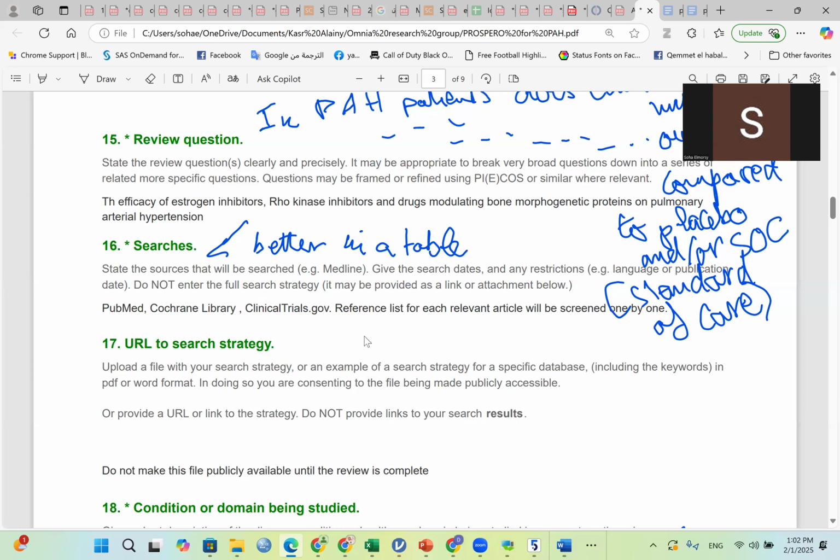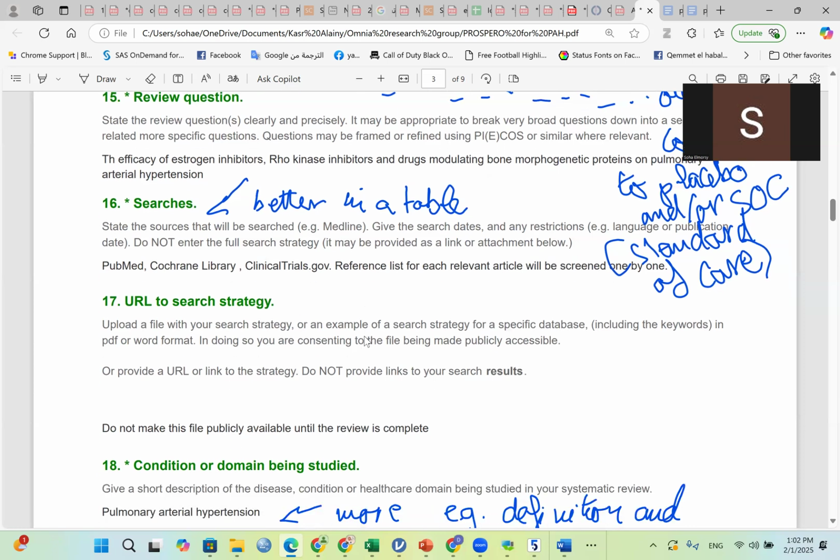You might also say that you are going to contact experts, that you are going to do hand searching, you're going to search reference lists, you're going to contact companies that are manufacturing certain drugs or certain devices that might be included or might be the subject of your review. So try to be as comprehensive as possible here because this helps you out when you are writing your methods section later on. But again, when you write something, you need to stick to it and you need to do it.